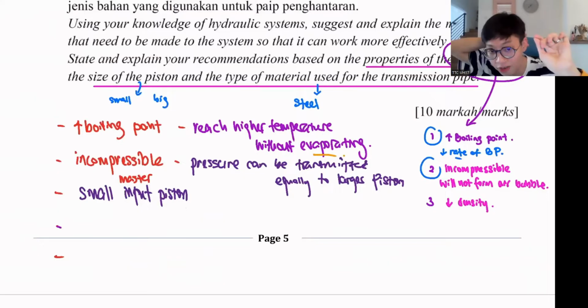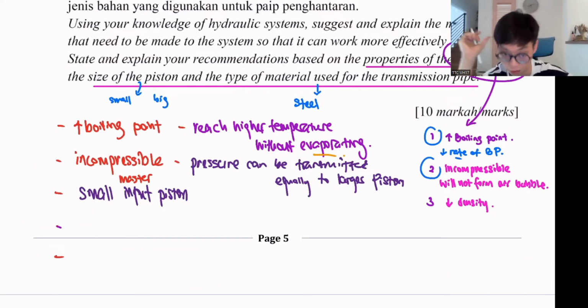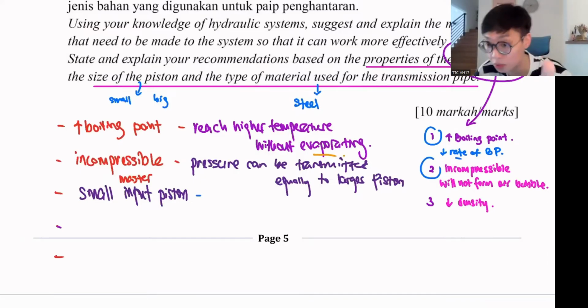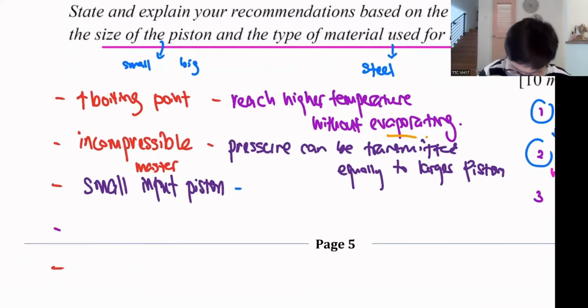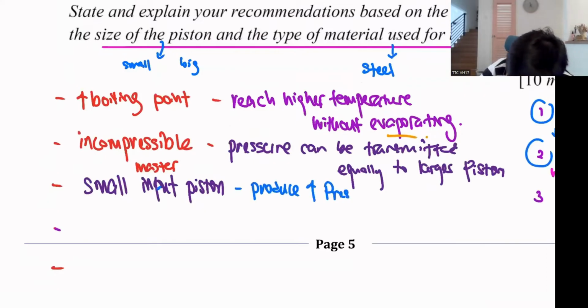Remember, whatever answer you write, it will be matched based on the picture that they give you. Sometimes we call it master, sometimes input, sometimes even primary piston. So whatever you write, we match back to the top, so small master input piston. So why? To produce higher pressure to be transmitted